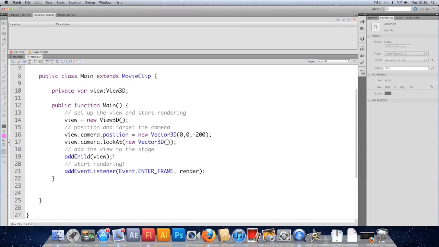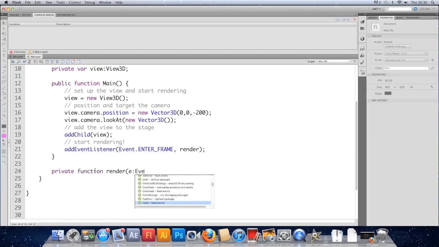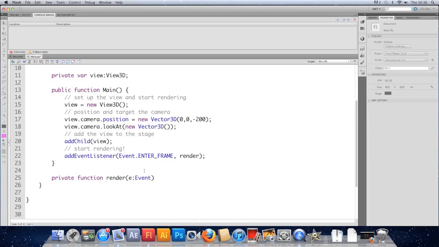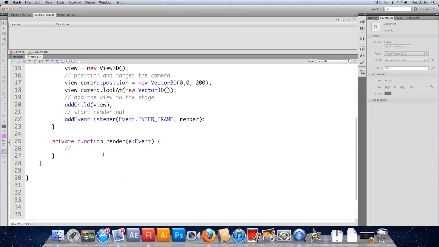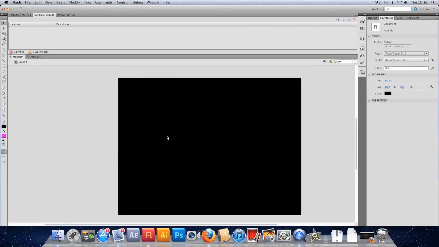Outside of the constructor, just quickly make a function. Let's make it private function render, and it's working with an event which will now get imported for us. So far we've got 4 things imported. Make sure yours match if they weren't brought in for you. Dead simple this bit, we just want to render the view, so we do view.render. Bit of a pointless comment, but hopefully at this point if we save it, go back to our Flash file,